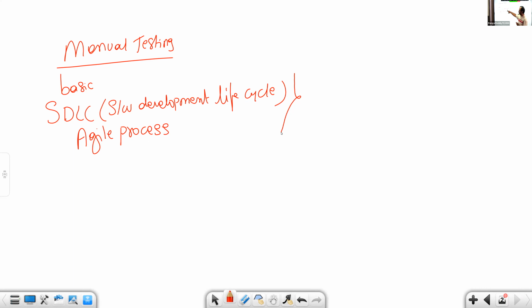Okay? So both are used for what? How to develop software using SDLC, using Agile. What is the difference? Why are companies choosing Agile? Why can't they go with SDLC? What is the difference? We'll discuss in class, don't worry. Then once we complete this process level, next we'll enter into